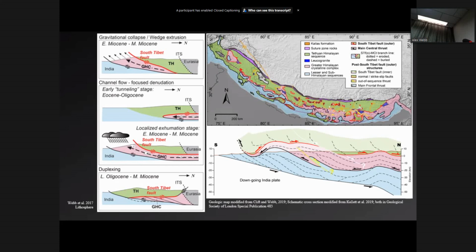And you see, those perlithes are not singular to this unit. Also, there's very similar perlithes at the base of the Tethyan and in some of the upper layers of the Lesser Himalaya. So it's a perlithe layer that's common to all of the major units, although it's most commonly associated with the Greater Himalayan crystallines. Thanks for your question.